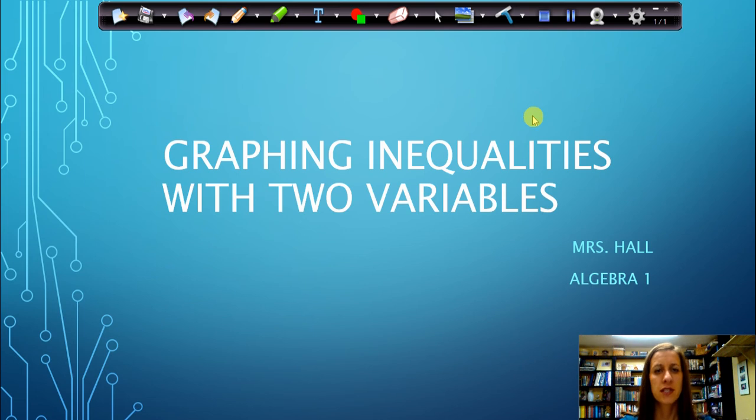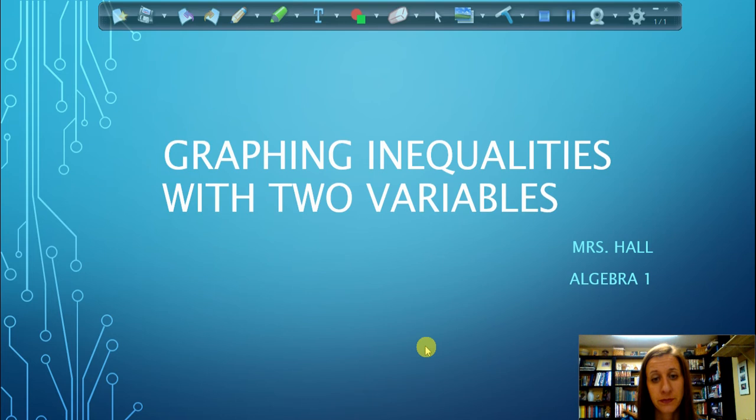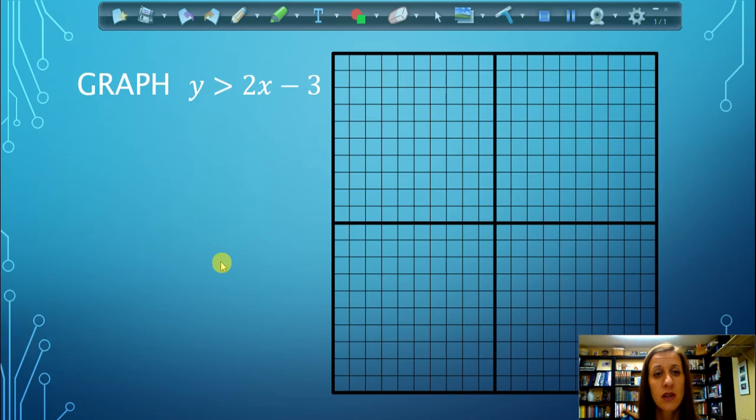Okay, for this lesson we're going to learn how to graph inequalities with two variables, so we'll be graphing inequalities on the coordinate plane. So the first line we're going to graph is y is greater than or equal to 2x minus 3. Just like when we were graphing linear functions, the first thing that we're going to do is start